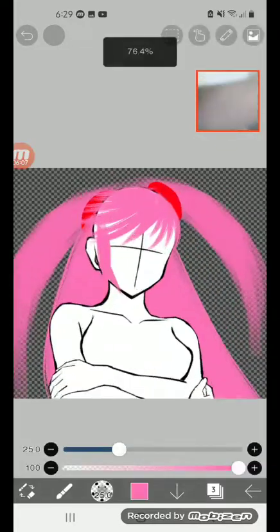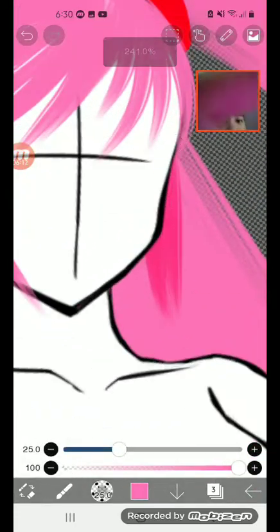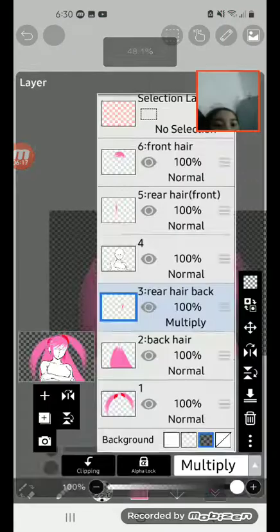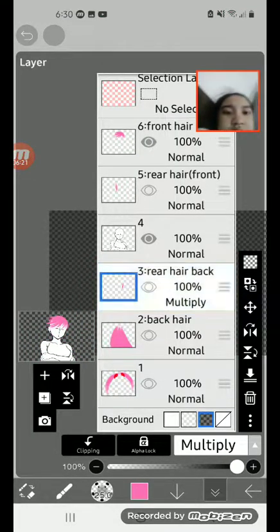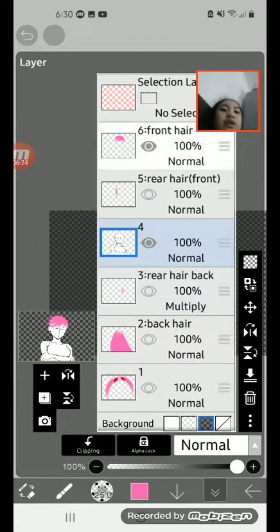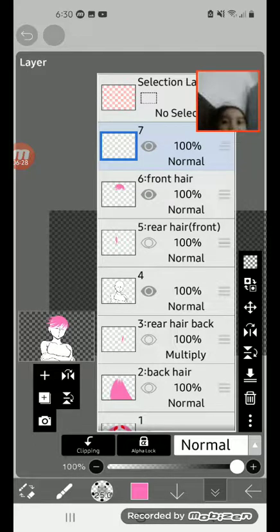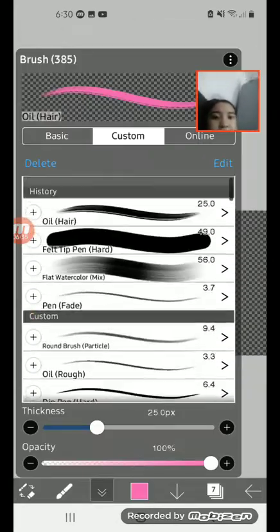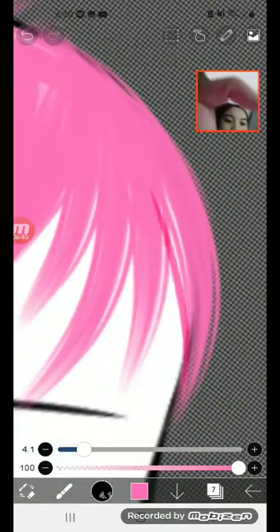Although it's not visible, you use multiply for more realisticness. Yeah, like this. Now next you hide every layer except for the body guide and the front hair. So first you start off with the outline, but I would be using the hair color, so I'd be using multiply for the outline. Then you use dip and hard and connect the hair